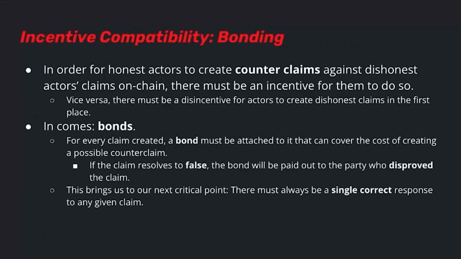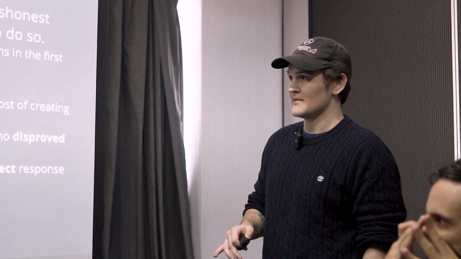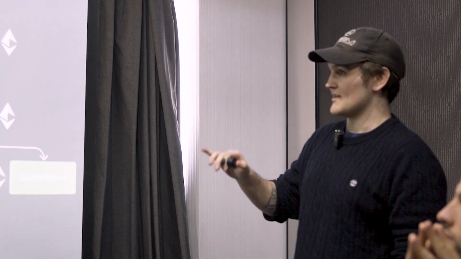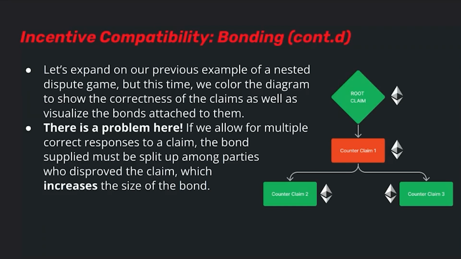And this brings us to our next critical point, which is that there always must be a single correct response to any given claim in the game. We're about to look at why. We've changed our diagram here to color the nodes for their truthiness. We also visualize the bonds attached to them by showing some ETH next to each of the claims. And there's a really big problem here, which is that if we allow for multiple correct responses